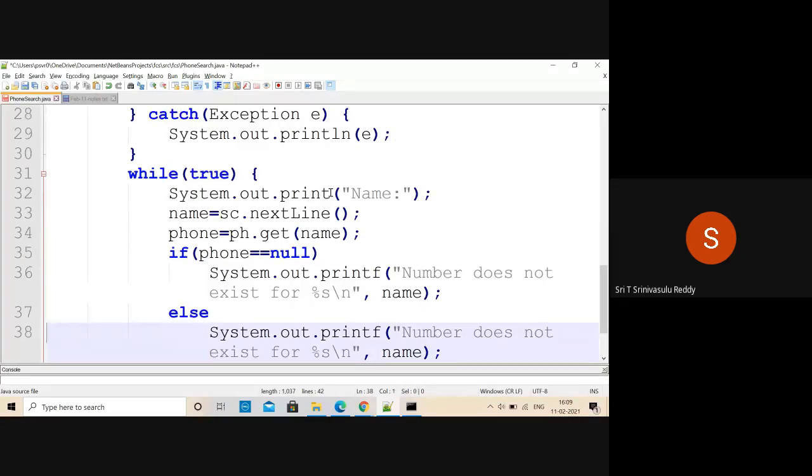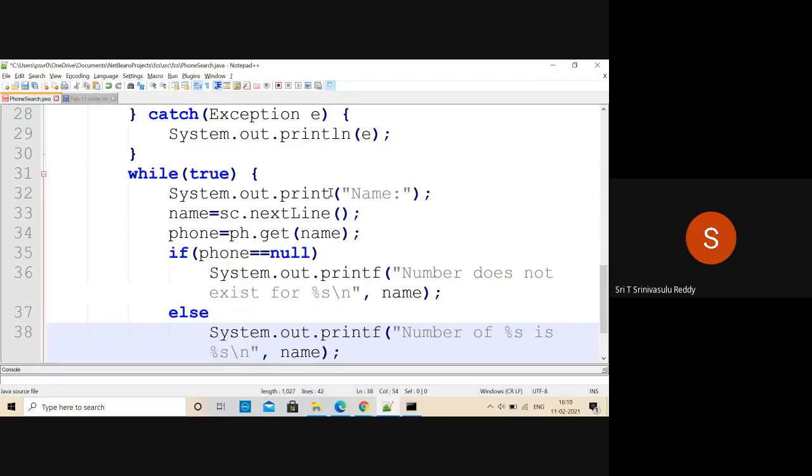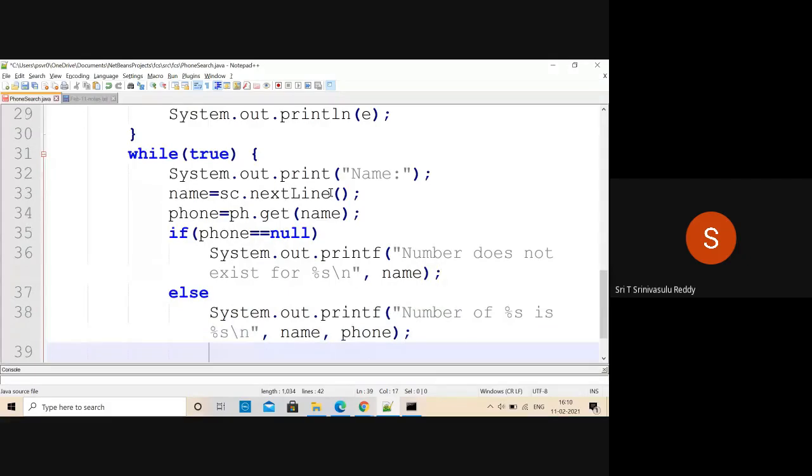So number of so and so is whatever you got, percentage s. Number of what? First name and then the phone. So you are going to display.